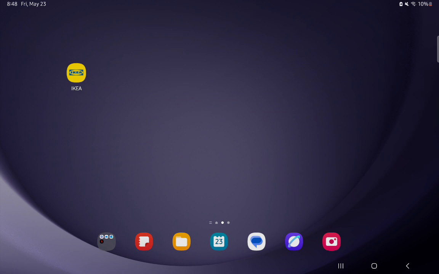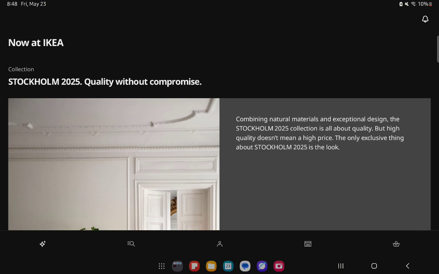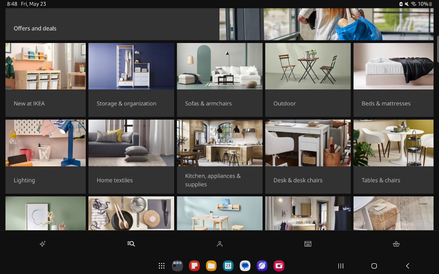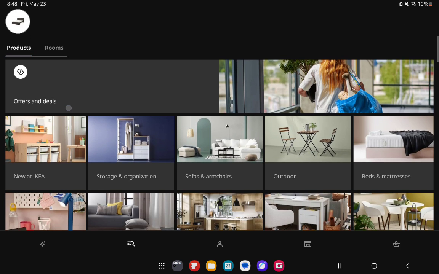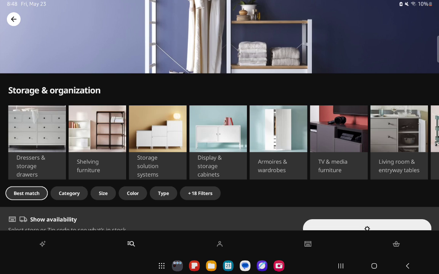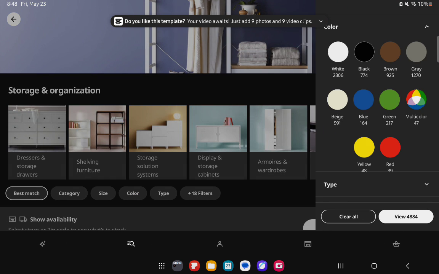The first thing you need to do is enter the app. Once you are done with that and you are in the home page, you should look in the bottom of your screen and press on the search symbol there. Now you can just pick a category or search a product in the search bar, and once that is done you can just pick, in this case, the color filter,